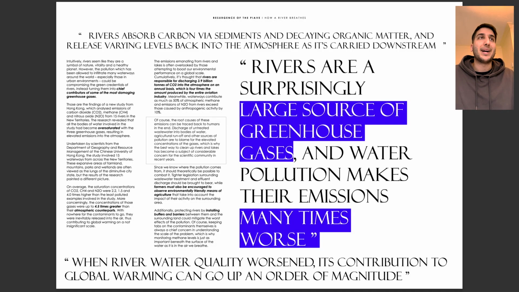And yeah, going back to newspaper articles, going back to facts and statistics, it says that rivers are a surprisingly large source of greenhouse gases, and water pollution makes their emissions many times worse. And this is definitely something that, as soon as I saw it, I was working so hard to produce a scheme that works with the river, with the lagoon, and architecturally, with the programs and the functions that I wanted the building to have. But then as soon as I saw this, I was like, oh no,